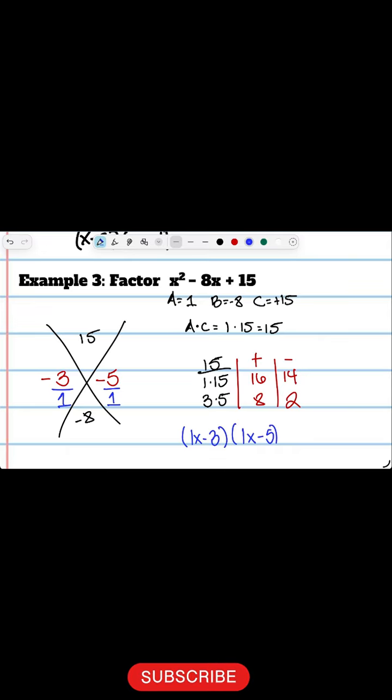So for example 3, we're looking at it being x minus 3 and x minus 5. Okay,